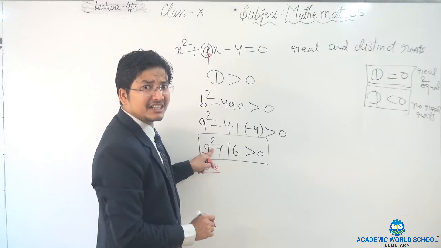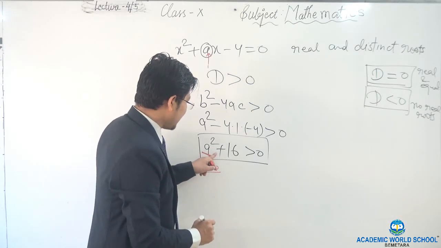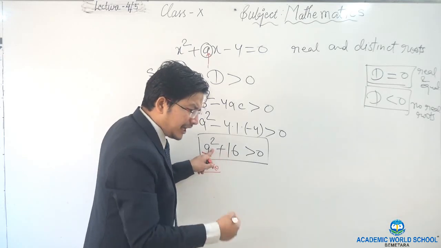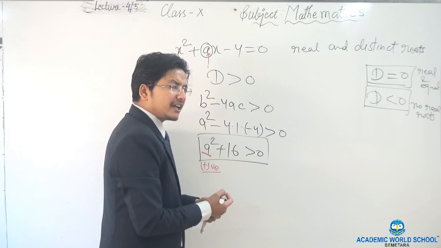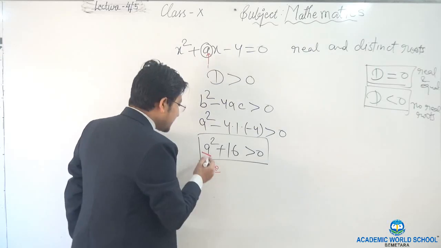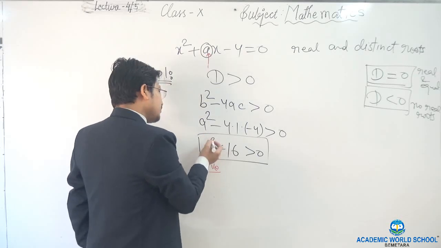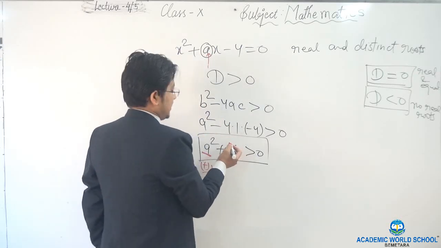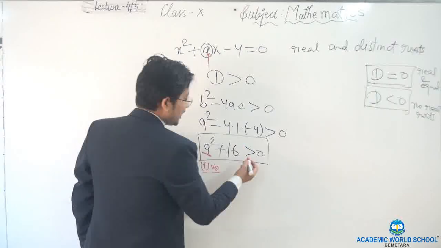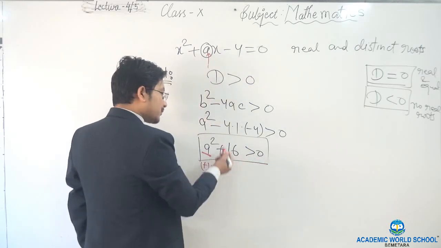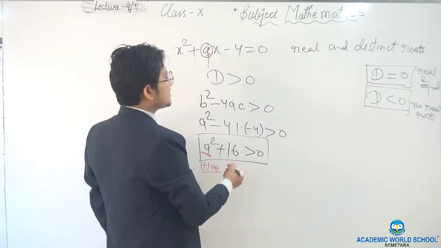you can take. Dear student, please listen very carefully to what I am telling. Whatever value of a, you can take any value of a. Sir, how can we take any value of a? Because beta, this is a square, and the square is always positive, and something positive plus 16. Actually, this value will always be greater than 16, but we are saying even greater than 0. So, of course, this is always greater than 0. So, the answer is